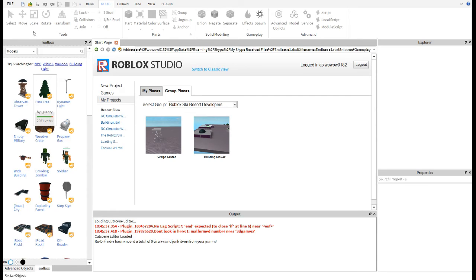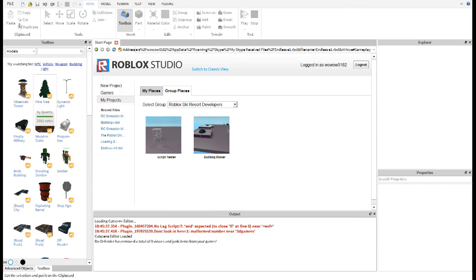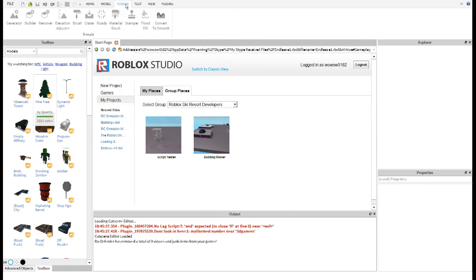This shows your model, what you can use to edit model. I prefer using this because it gives you the broadest tools. This just simplifies them into most common ones. The terrain, you can use the generator, the builder, remover, elevation adjuster, brush, crater, roads, material brush, stamper, flood, fill,